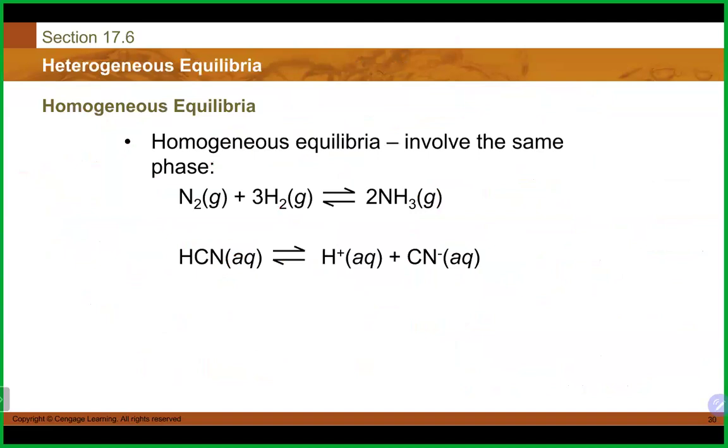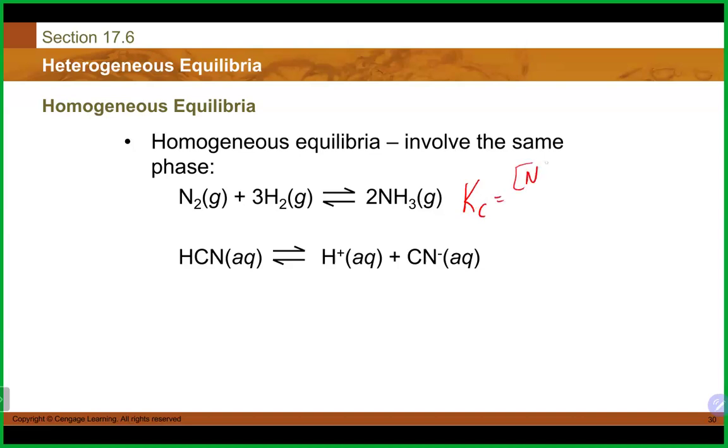So a reminder, if we look at these, and I can't remember if we went over them or not, but we'll go over them right now just to make sure. A homogeneous equilibrium means that basically everybody's in the same phase, kind of like a homogeneous mixture. Everything looks the same throughout. So here, everybody's in the gas phase, so we can, again, write a Kc value for this,